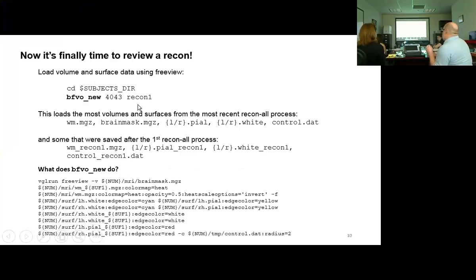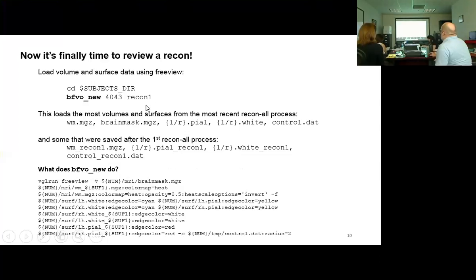the only time I want to do that is if I'm looking at the scan for the first time, basically if it hasn't been edited before. If it's been edited, I almost always want to see what those edits are, if my goal is to assess the pain. Okay, so we run this on this subject 4043,